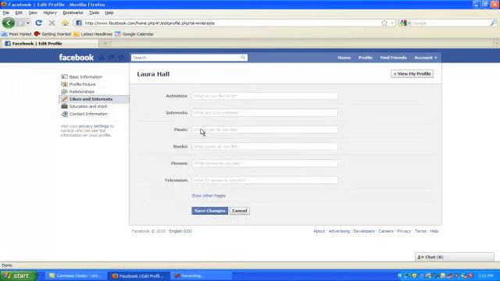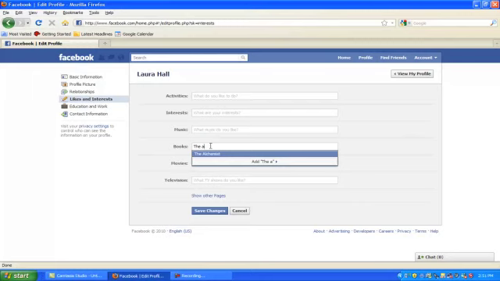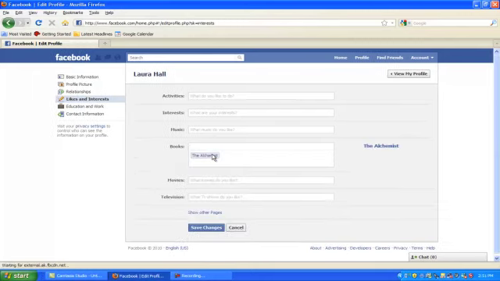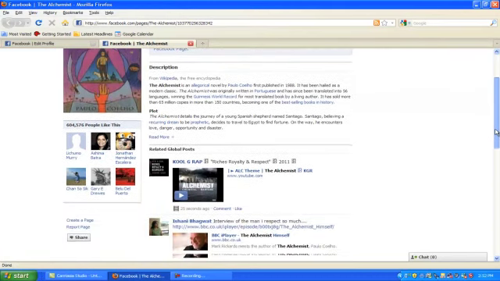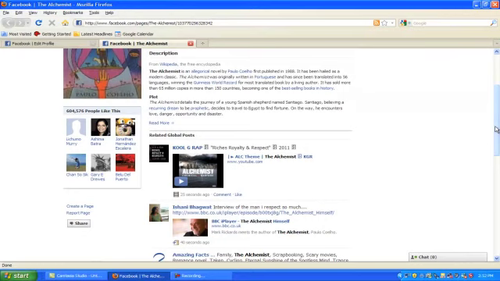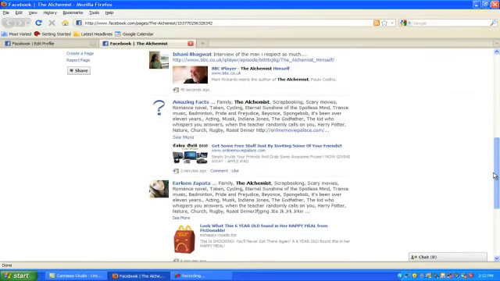All right, and likes and interests. This is kind of important to keep in mind when you put in your likes and interests. All right, let's say books. Let's say that you really like The Alchemist. So we're going to put that in there. Okay. When you say you like The Alchemist, what this does is it actually connects your profile to a page about The Alchemist. Once it's up here, what you can see is that the Alchemist page is somewhere that people who are interested in this book, this interest, this topic, go to